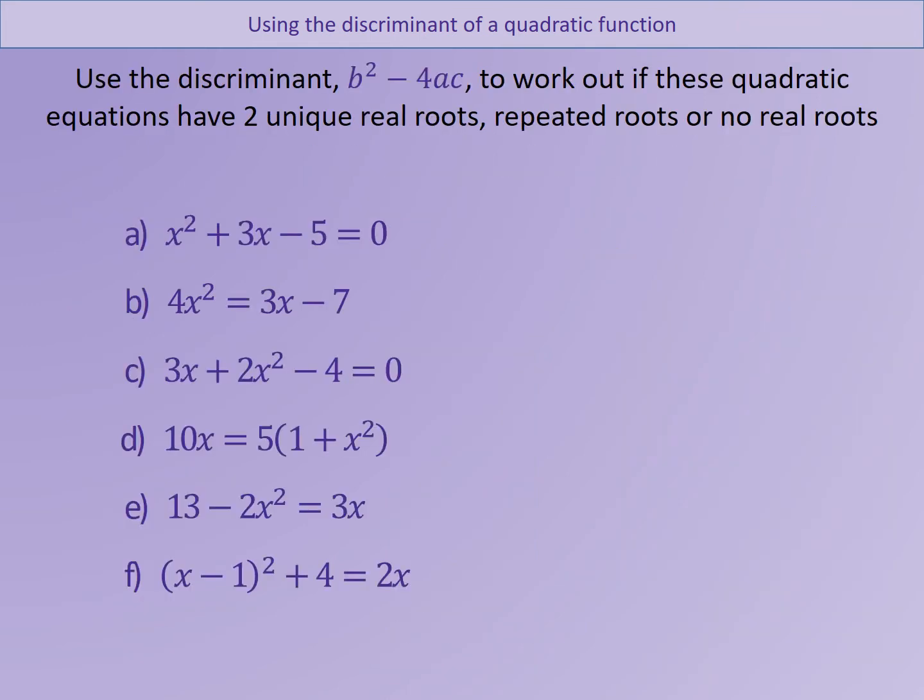Okay, so here is an exercise that we can have a go at in order to decide whether these 6 quadratics that you're seeing in front of you have two unique real roots, whether they have repeated roots, or whether they have no real roots at all. You'll notice that a lot of them are not in the format that we would normally like to see. The way we would normally like to see these written is like we are seeing in part A. You've got the x squareds first, then you've got the x's, then you've got your number, and then it's equal